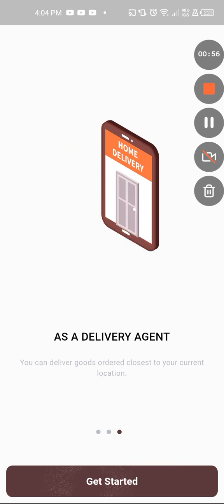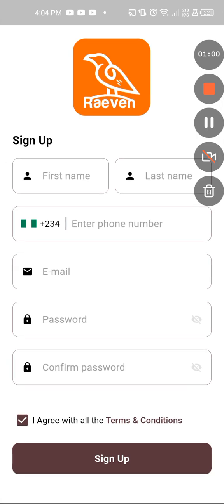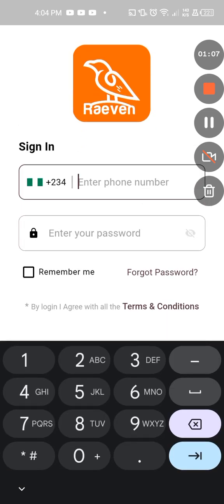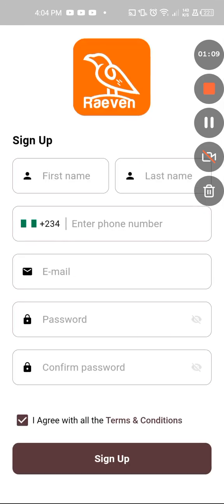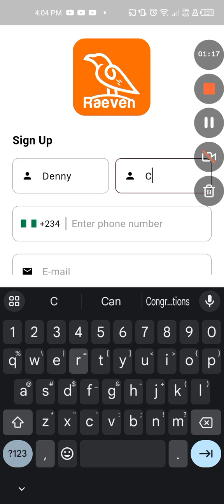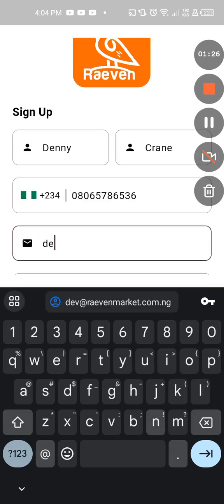Yeah. So we can get started. You can easily just sign up very easily. But since I'm signed up already, I'm just gonna log in using my. You know what? Let's sign up instead. So we can sign up using the email. Okay, so I'm just gonna say daily cream. Daily cream. And my phone number is 005. Okay, my email is